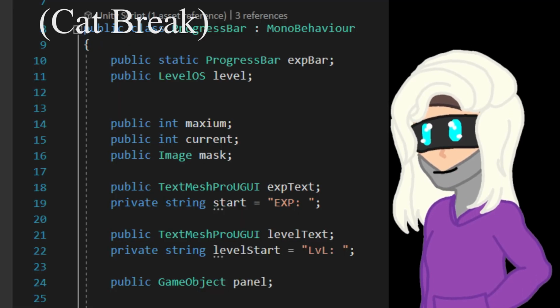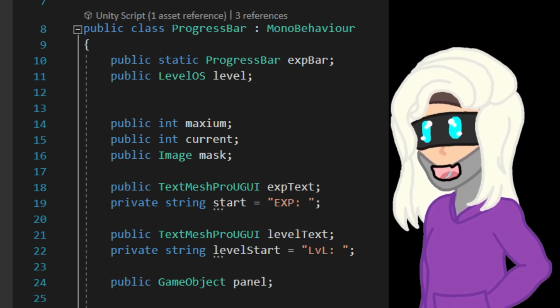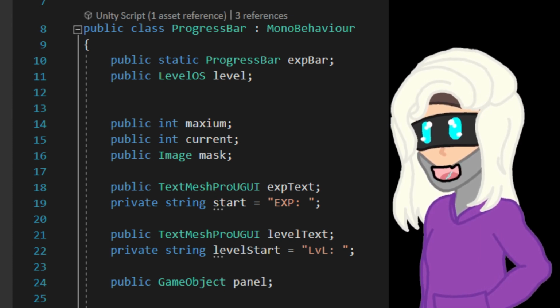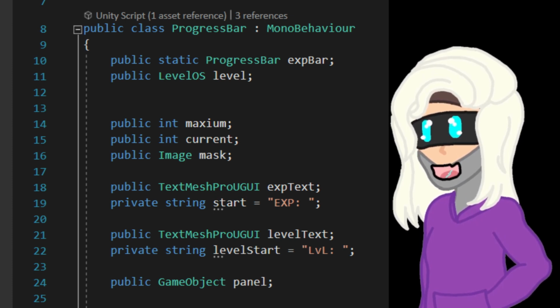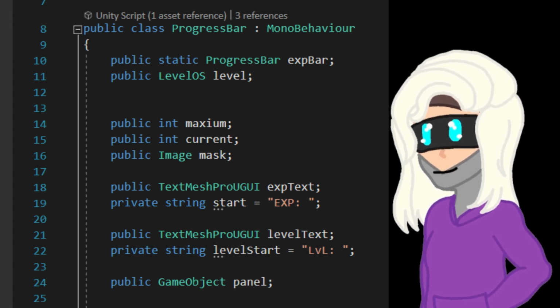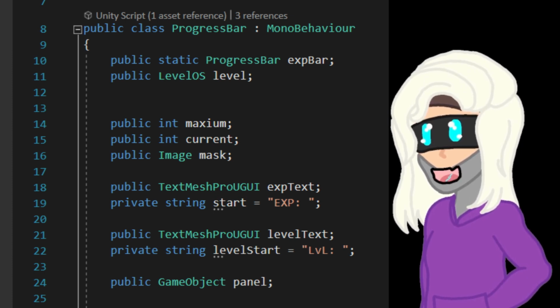In progress bar, I had a total of 9 different values. Oh my goodness, she just bit me. How dare she? Not including that static var that we just talked about. The first was a public variable called levelOS for the script with the name level. The next 3 were 2 ints called maximum and current, and the next one was an image called mask, and then the next 2 were TextMeshPro